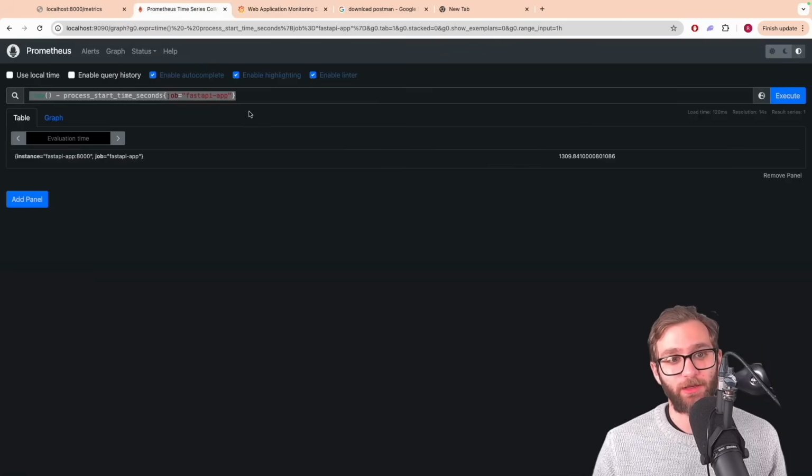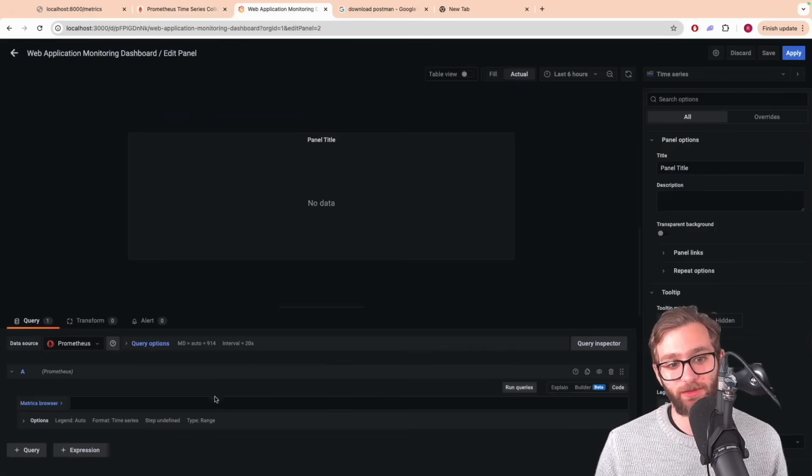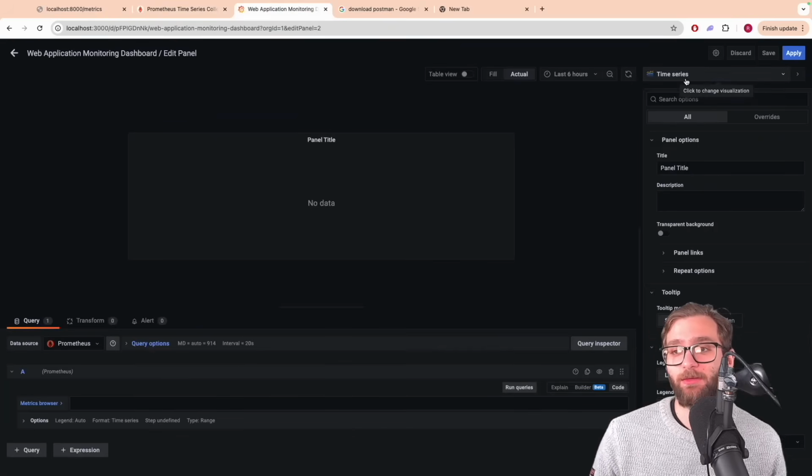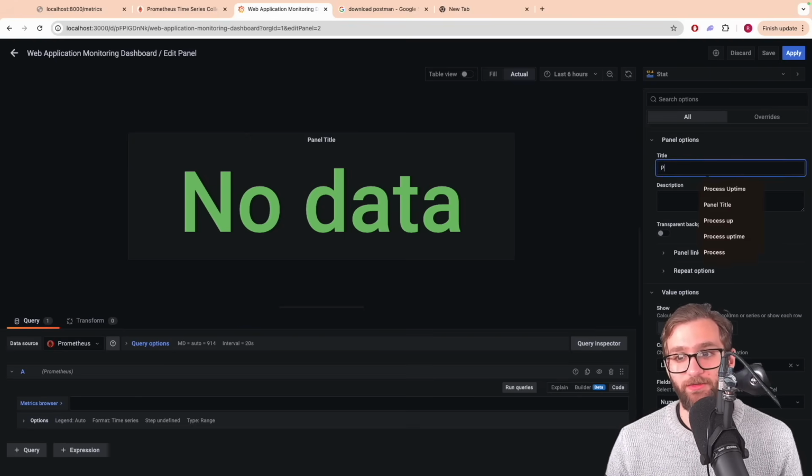Where was I? Yeah, I'm gonna use this query to display that same value inside of Grafana. So the panel I'm gonna create is a stat. Stats are very effective for displaying single values that serve as quick indicators. So this one is going to quickly indicate the process uptime